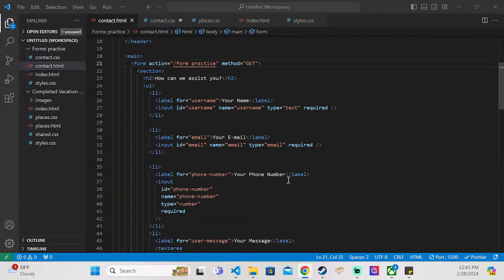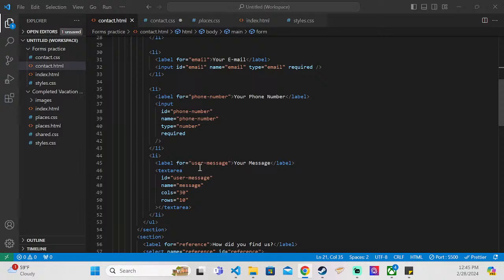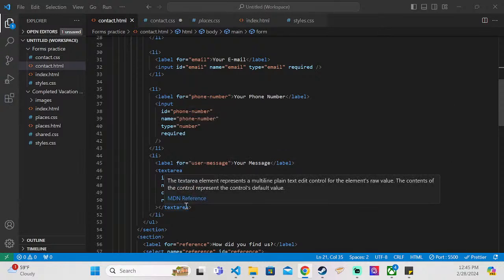Oh yeah, I did that. Nice. This is a Boolean attribute, as you learned, so the existence of it alone is enough. And if it does exist on an element, this element is required. So a user needs to enter a value here. Submitting this input in an empty state is not allowed. And therefore, required is definitely an attribute I'll add to all those inputs, and also to the text area, also to the drop